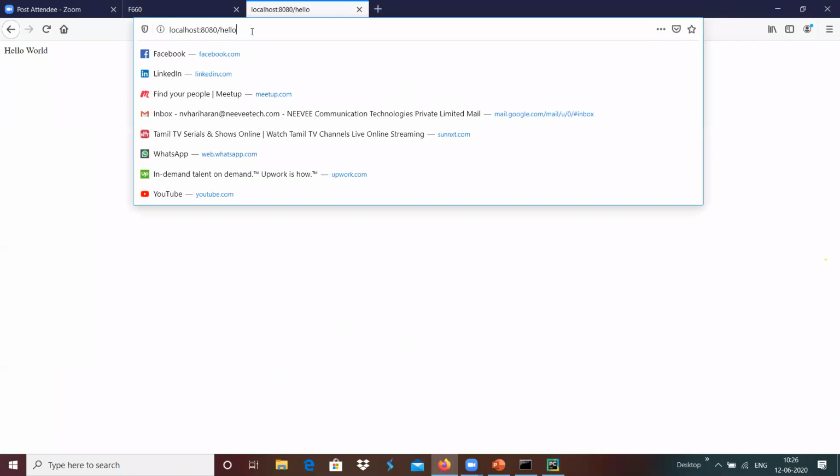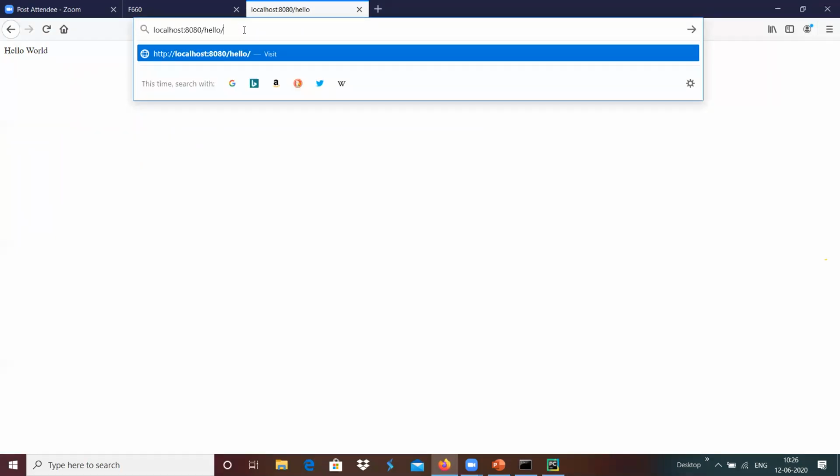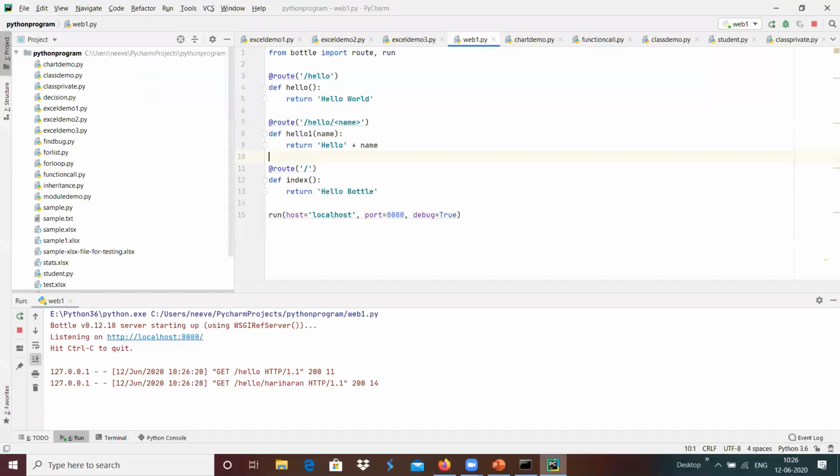For example, here we have the option hello, which provides hello world, and maybe I'm going to provide something like hello slash Hariharan, which provides hello Hariharan executed over here. This means that whenever you pass this argument, you can route it to the respective function accordingly.